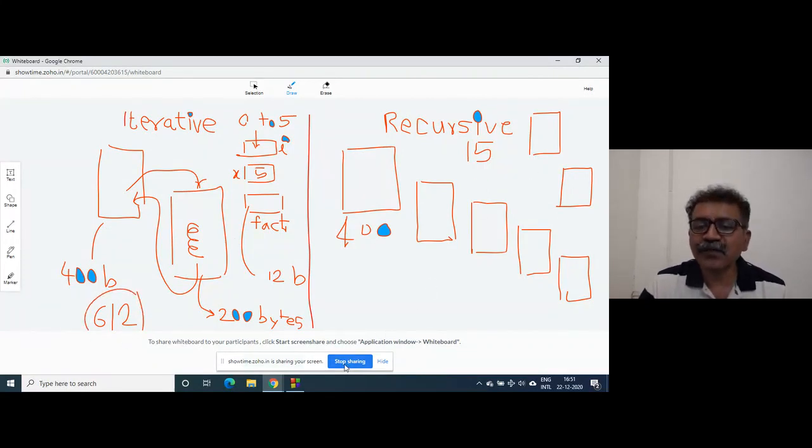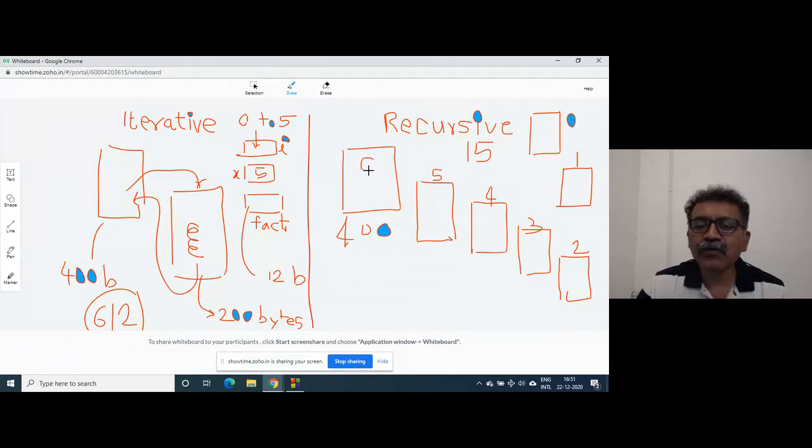Here it doesn't happen. So suppose for each function block there are 200 bytes. So how many blocks are there? This function is called for x is equal to 5. This function will be called for x is equal to 4, then 3, then 2, then 1, then 0.